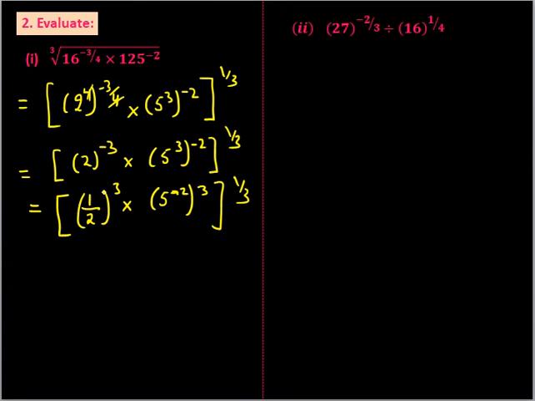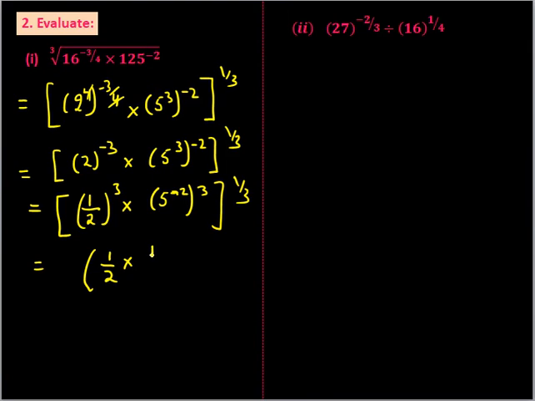So you will quickly see 1 by 2 has got exponent 3, 5 to the power minus 2 is also having exponent 3. So because their exponents are identical, we can collectively write them as 1 by 2 into 5